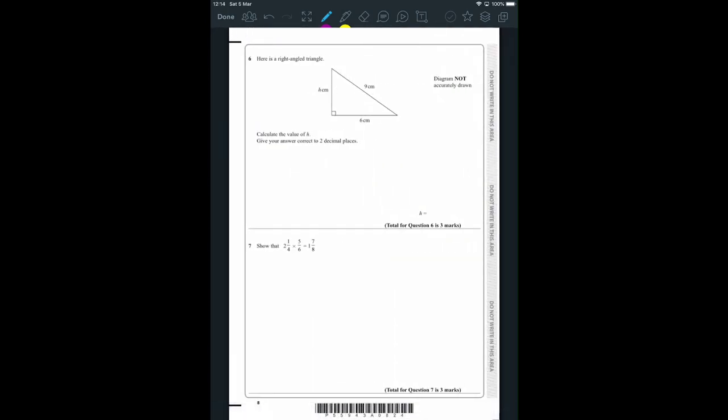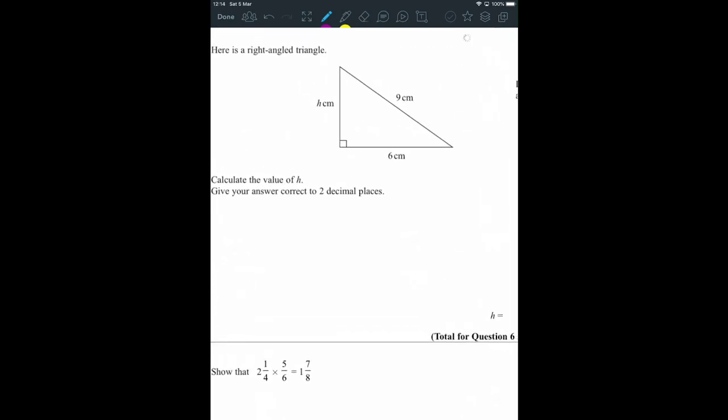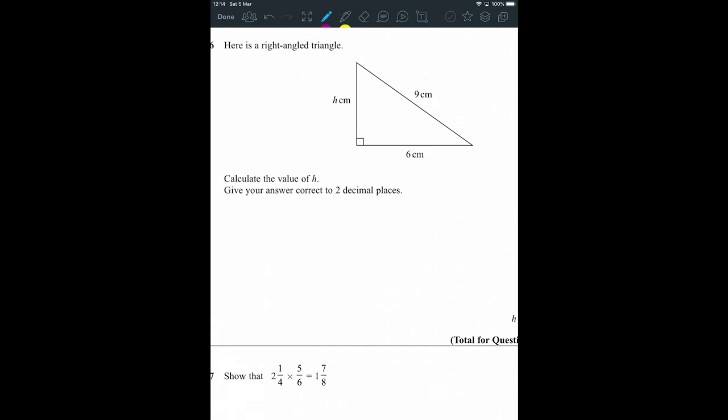6, a right angle triangle. We want all the side lengths, so this is going to be a Pythagoras. The sum of the squares on the shorter sides is equal to the square on the longest. So h squared plus 6 squared equals 9 squared. H squared is then the difference, 81 minus 36. So h squared